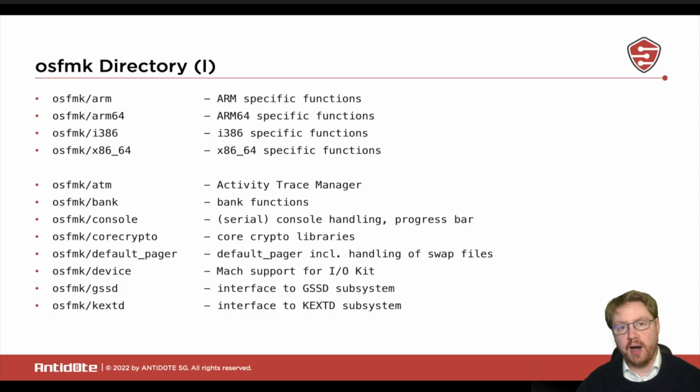And now we can get to the Mach part of the kernel, which is basically a bunch of directories. First of all, for all the different CPU architectures that exist, there's a platform-specific implementation for many functions, like ARM, ARM64, i386, and x86-64. And then you have a bunch of stuff that revolves around different Mach subsystems, like ATM, bank, the pager, the GSSD, the TextD. Yeah, and then you have stuff like the console, some core crypto code,